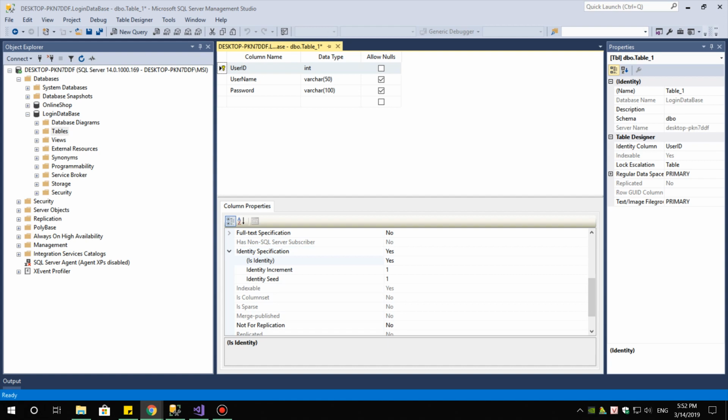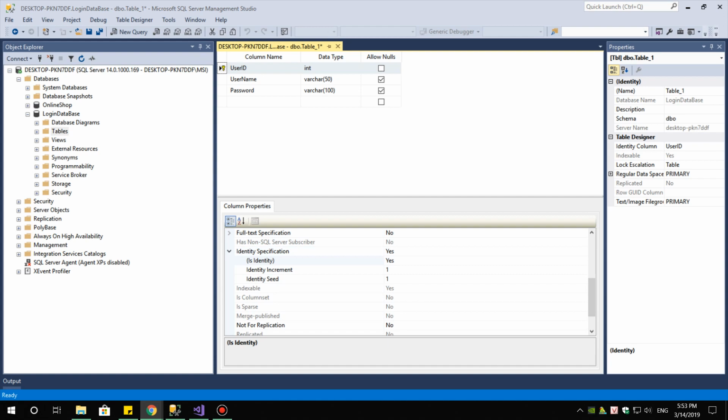We don't need to insert values into user ID. It will start from 1 and be incremented by 1 by default. So it will be like 1, 2, 3, 4, 5, 6, like a serial number. So it is easy to maintain